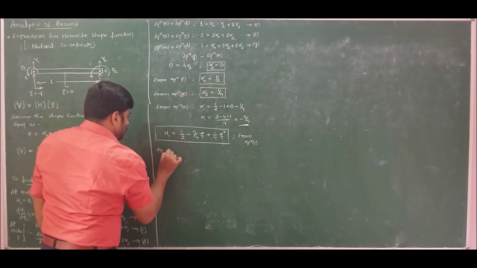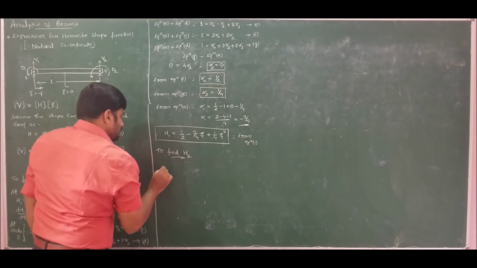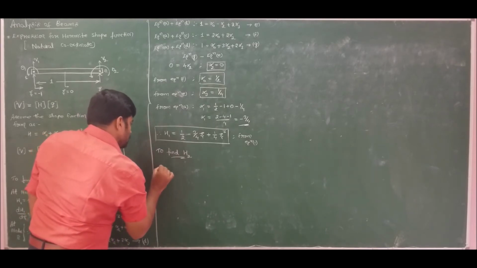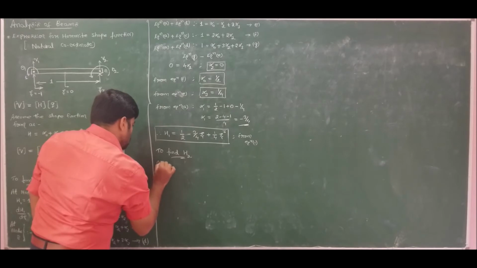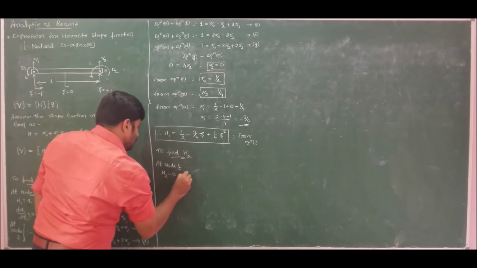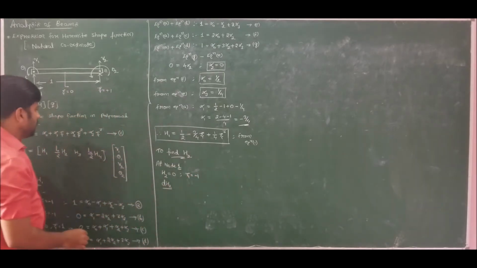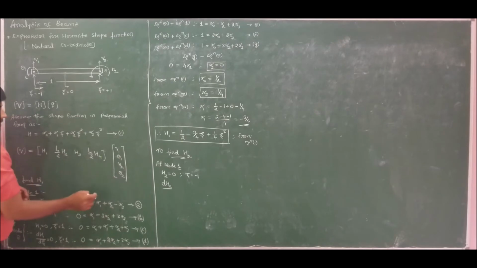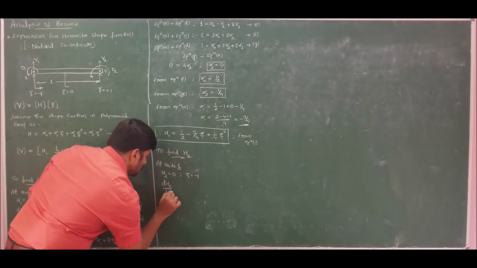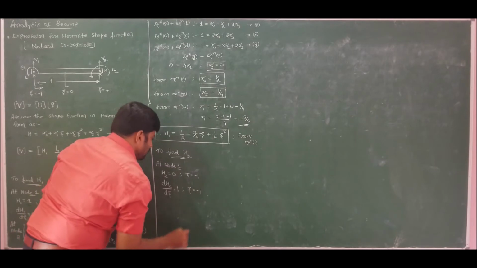I will demonstrate how easily we can find H2, H3 and H4. Now to find Hermite shape function H2, write the boundary conditions of H2 at node 1. So at node 1, the value of Hermite shape function H2 is 0, where zeta is minus 1. Its derivative is equal to 1 because H2 corresponds to theta 1. So theta 1 is nothing but the differentiation of V1, hence the derivative of H2 with respect to zeta will be 1, where zeta is minus 1.